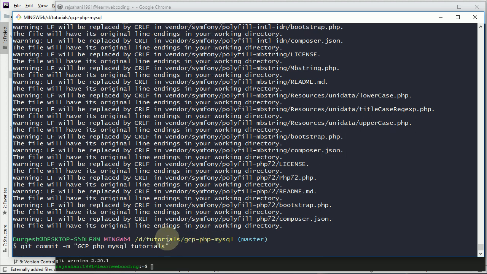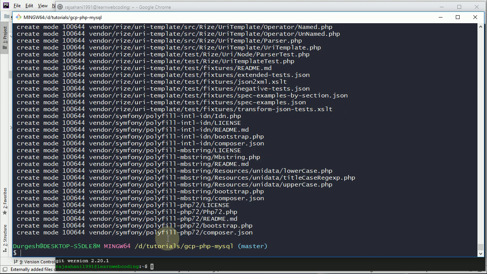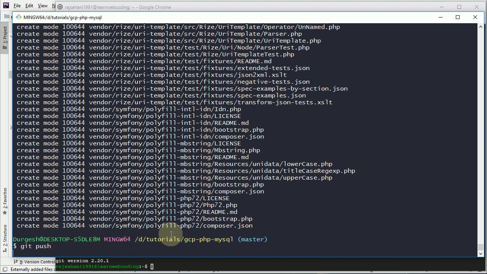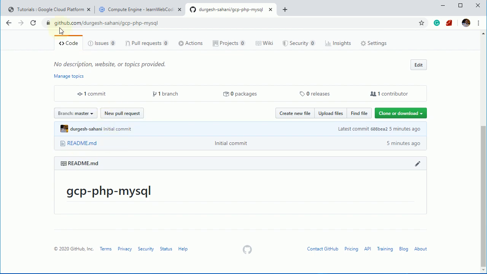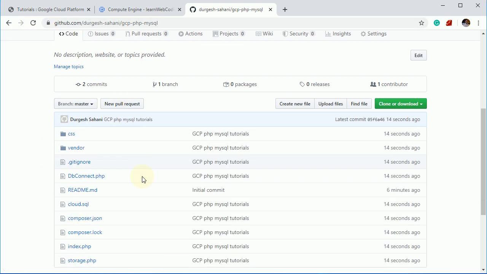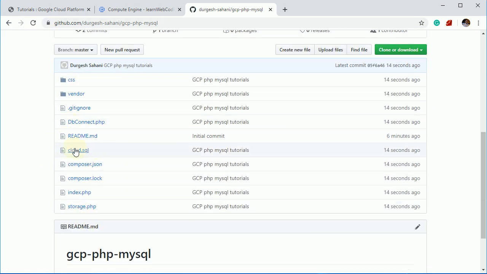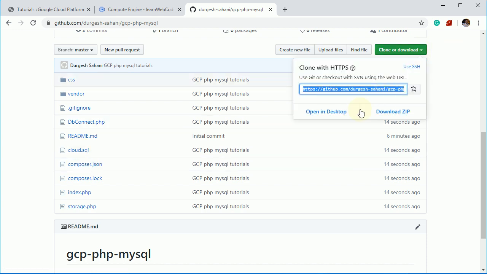So it will commit and we will push it, so it will be available on our GitHub branch. Now let's go here and refresh this page. So here you can see now we'll be having all the changes, committed changes, along with this SQL file. Perfect. Now copy this link and